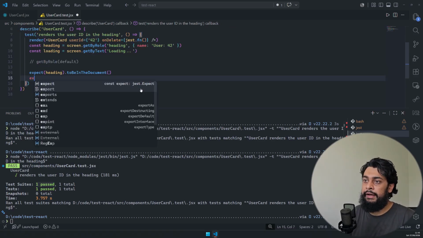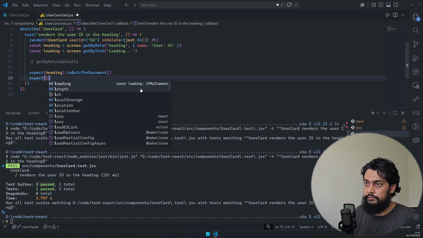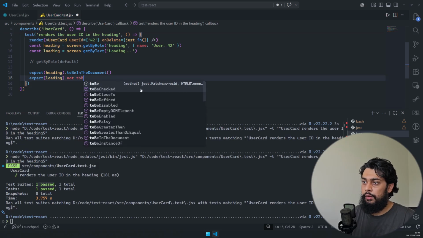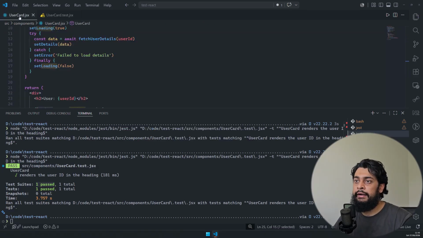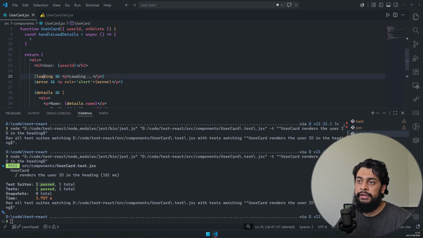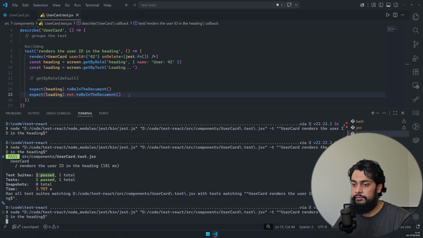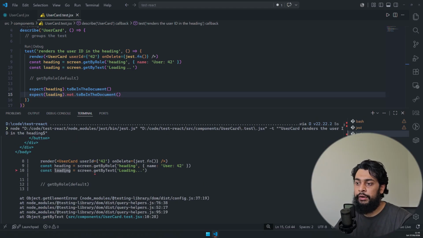And I'm expecting that loading is not to be in the document. Correct? Unless I click this load details button, the loading state will be false and there will be no loading showing. If I run this test again, you will see that it should throw an error that the loading